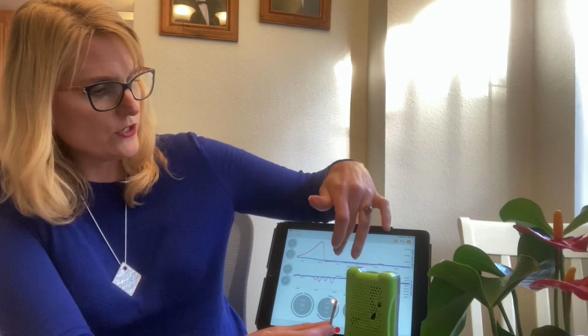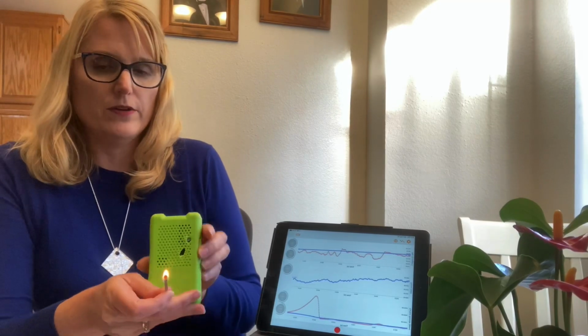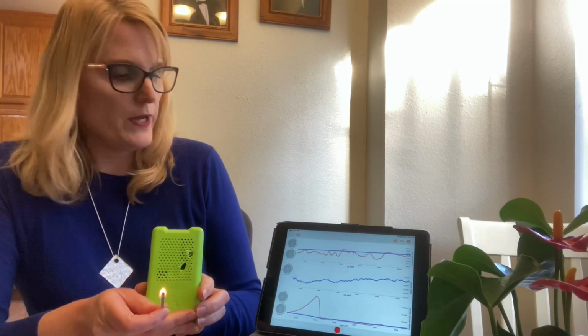All right, so now let's go ahead and take a look at the air quality readings when I light a match. So I'm going to light a match. I'm going to hold it in front of the air pollution readings. And we're going to notice, let's go back to our particulate matter, and it's covered up for you guys a little bit, so I'll put it over here. And so we have this match,